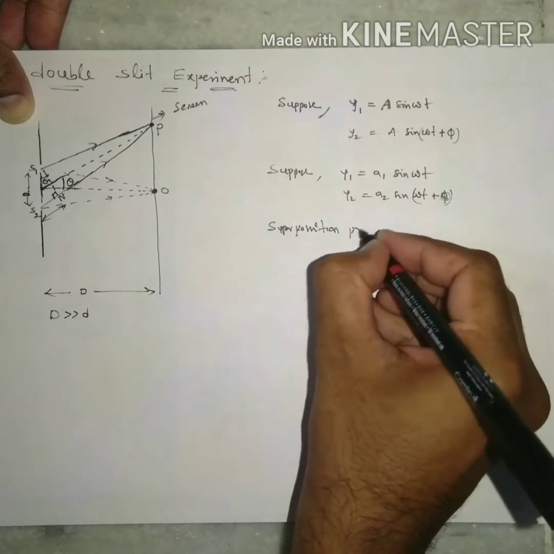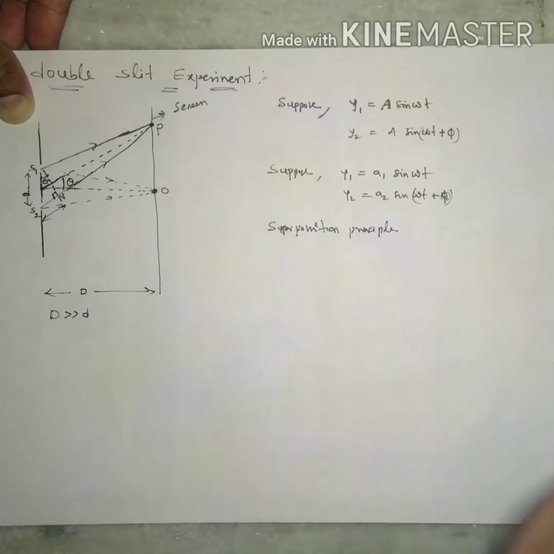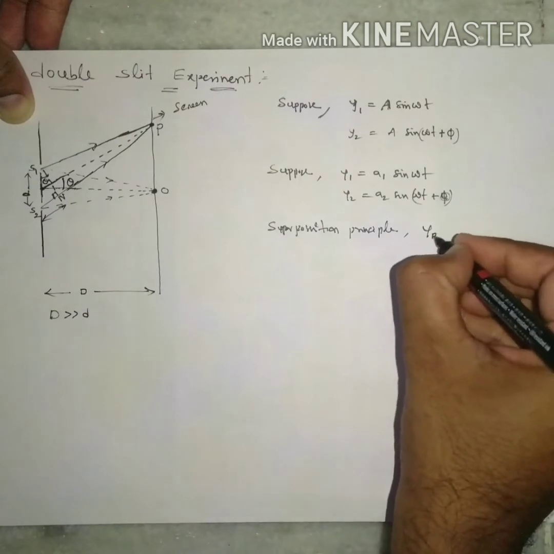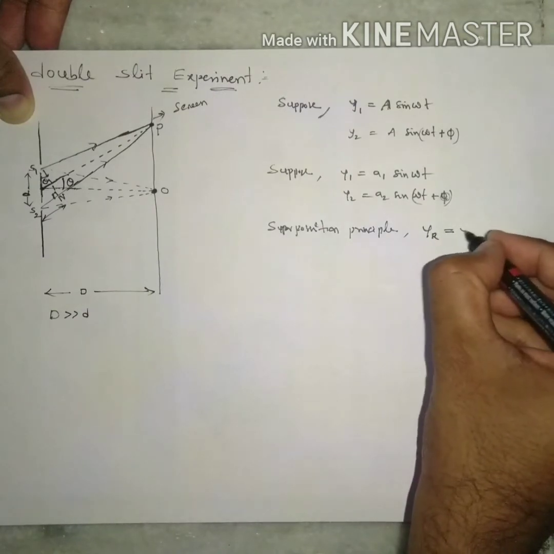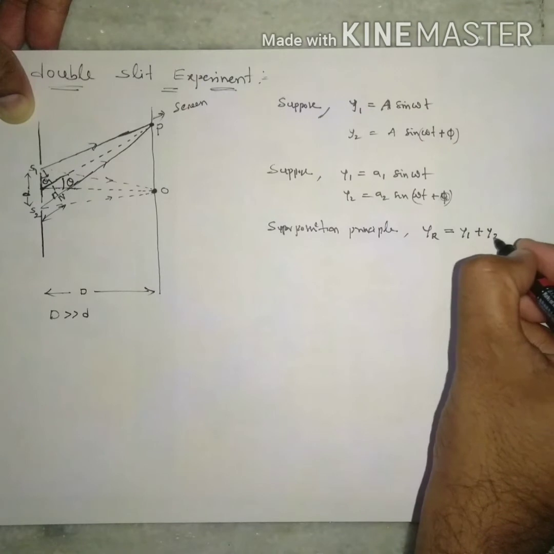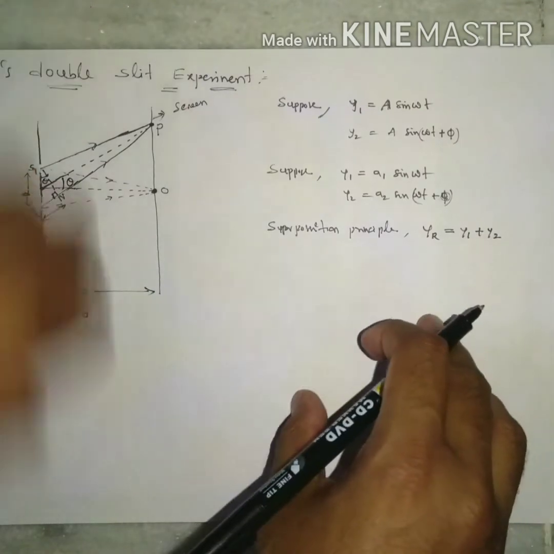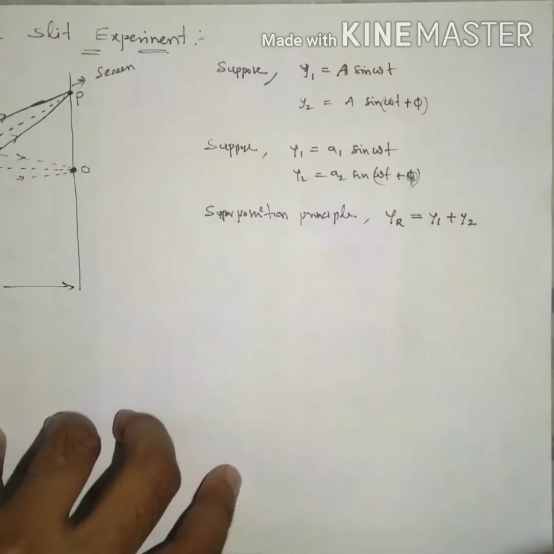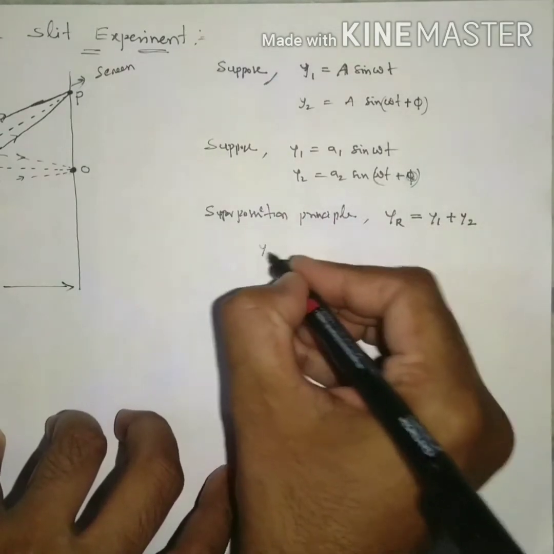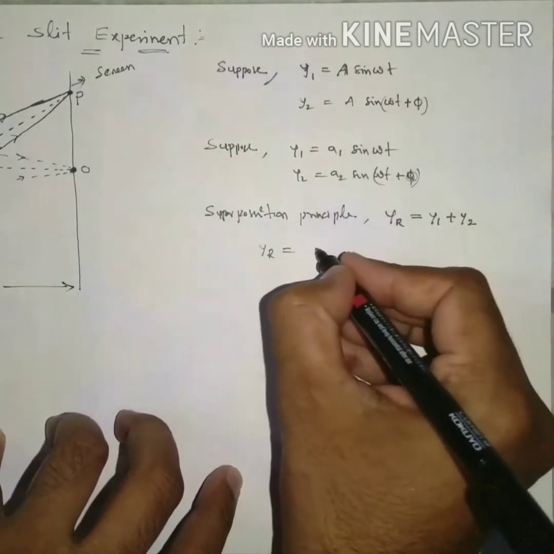According to the superposition principle, the resultant wave is the vector addition of the two waves: y_r = y1 + y2. Suppose y1 is